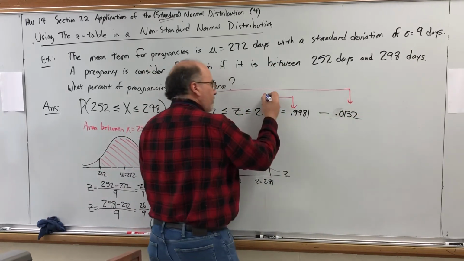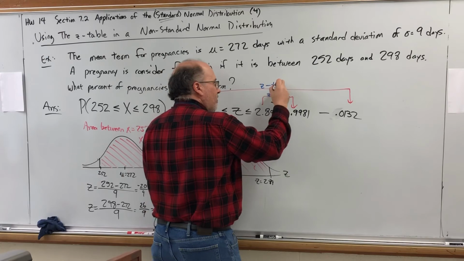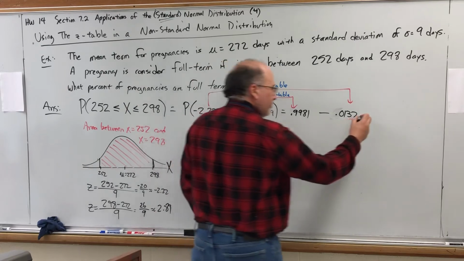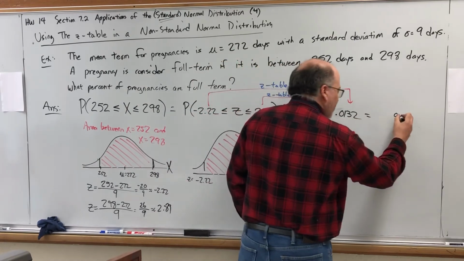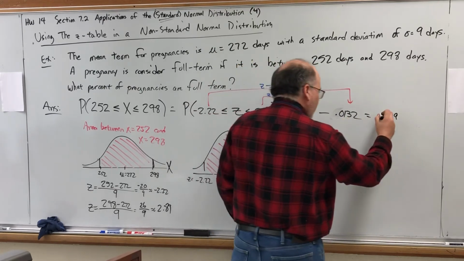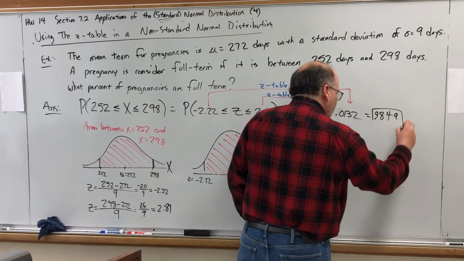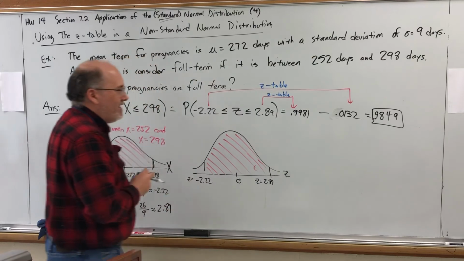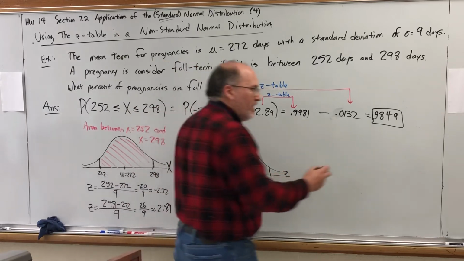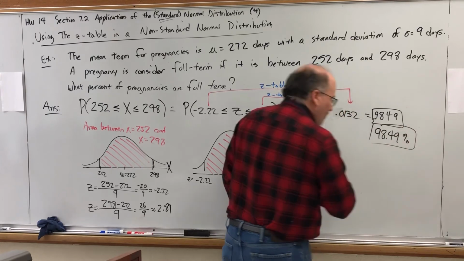So, use the z-table to find the left areas, and then you just subtract them. I think I can do this without a calculator. 11 minus 2 is 9, had to borrow. 7 minus 3 is 4. 9 minus 1 is 8. 9 minus 0 is 9. So it looks like our probability is 0.9849, but since the question was what percent of pregnancies are full term, it would be better to turn this into a percent. 98.49% of all pregnancies